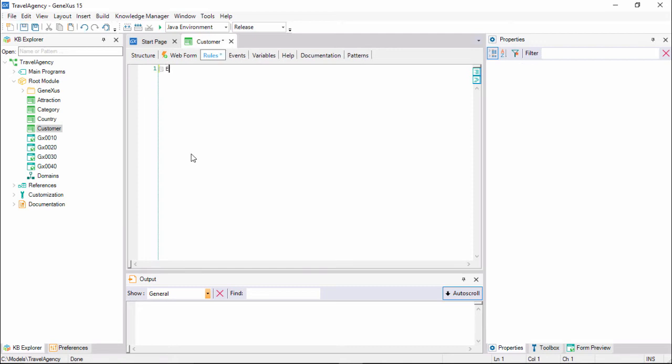So we type error, open brackets, and between single quotation marks, we enter the text we want to have displayed in the event that the user tries to leave a client name blank. We close brackets, and now we only have to indicate the condition that must be met for the text to be displayed. The condition is that the customer name attribute is empty. So we write if customer name,